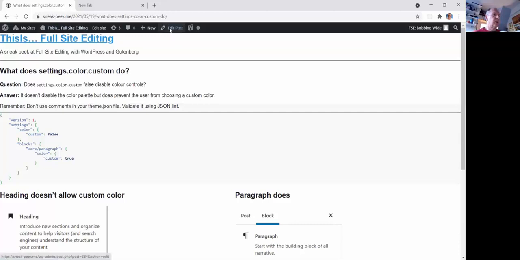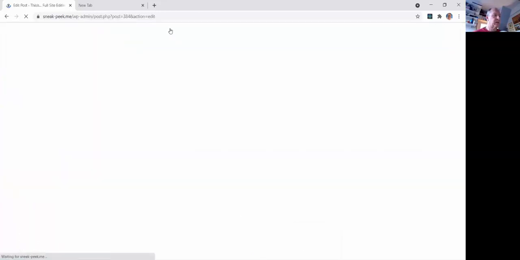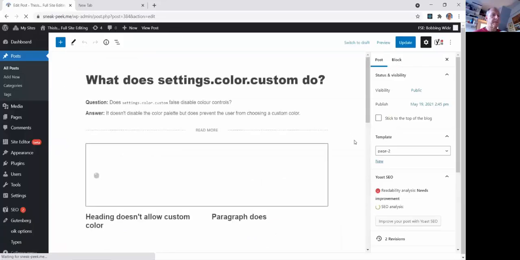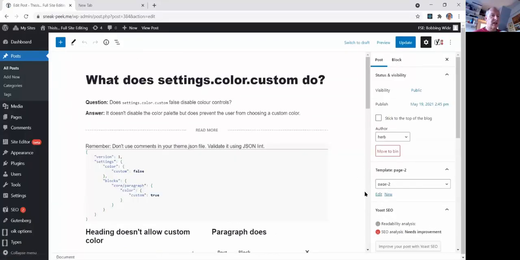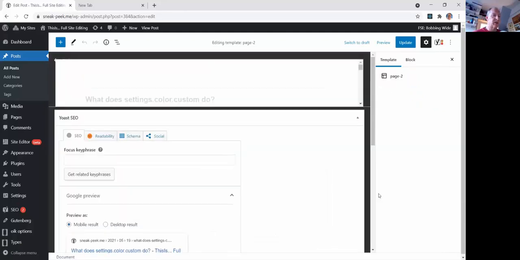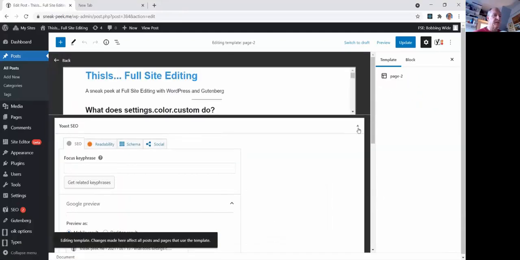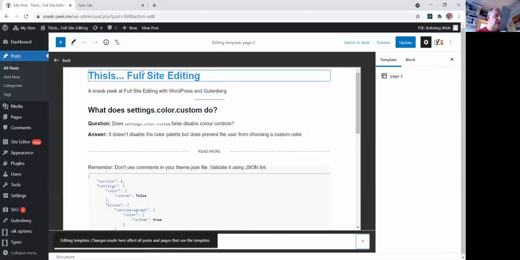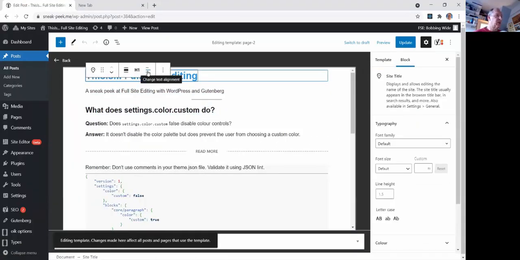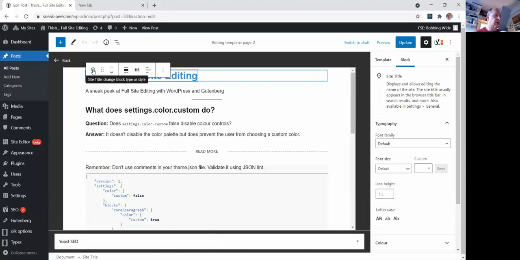Now I'm going back to edit the post. And now I'm going to say, I don't want to edit the content, I want to edit the template for this content, and this is using the template editor. And here we can see that it's a simpler version of the front page. Instead of a header, I've just got a simple site title block. And then we have